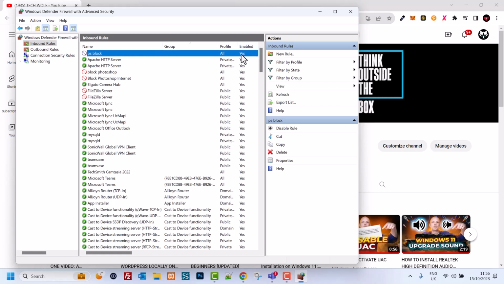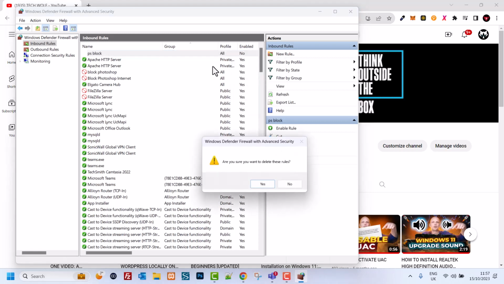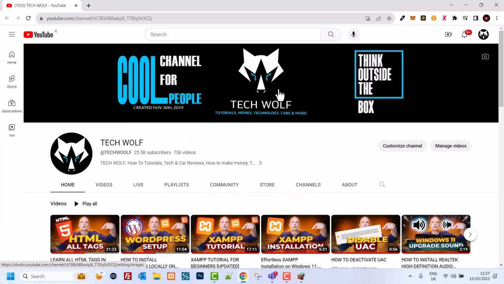If you would like to unblock it, you just left click on this rule. As you see, you can click on disable rule, guys, and that rule will be disabled. This means that this is not active now. If we right click again on it, we can delete this rule. This means that if you don't want to block this particular program from accessing internet anymore, you click on delete, and then, are you sure you want to delete this rule? You click on yes. So yes, guys, this was a quick video on how you can block any program.